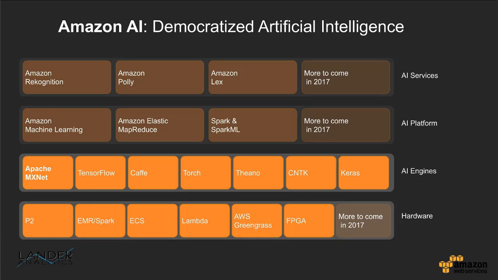And underneath that surface, we have what we call AI engines in the current form of a pre-built image artifact that is enabled with most of the popular deep learning frameworks like Apache MXNet, TensorFlow, Caffe, Torch, Theano, CNTK, and more coming down the line in 2017. So we make this infrastructure available for you so that you don't have to worry about the operational challenge that comes up with putting this infrastructure together.